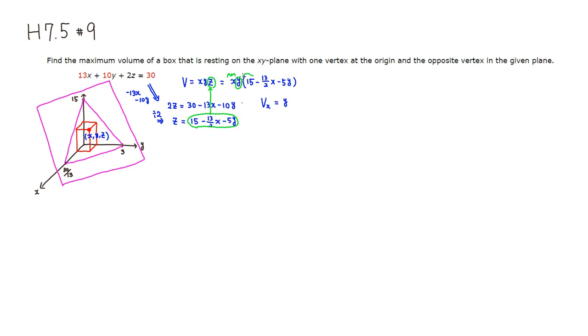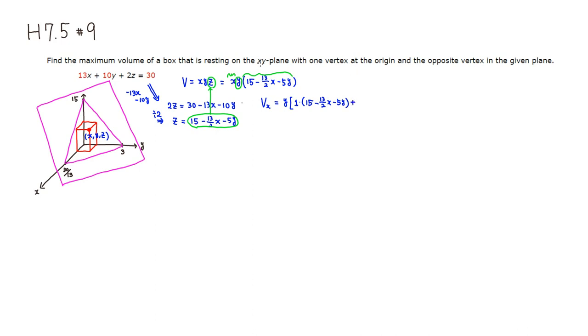The first guy times the second guy: the partial of x with respect to x is 1, times the second guy, so I just copy that: 15 minus 13 over 2 x minus 5y, plus